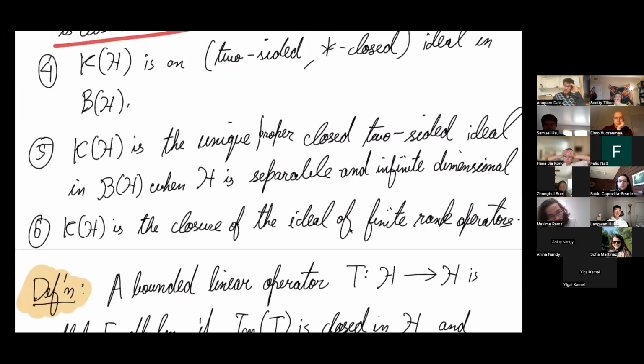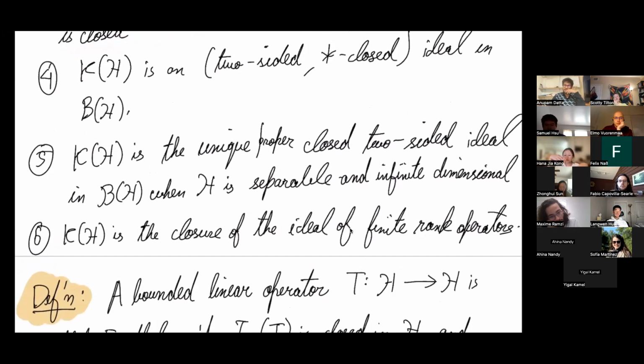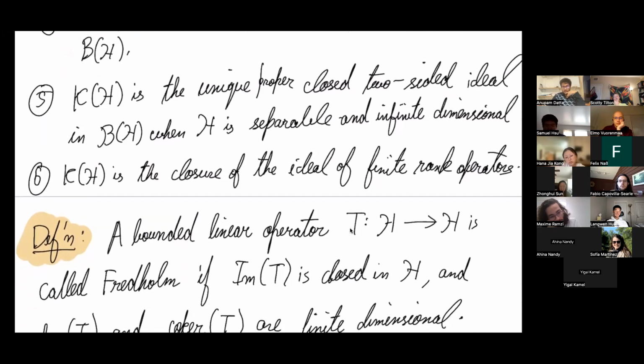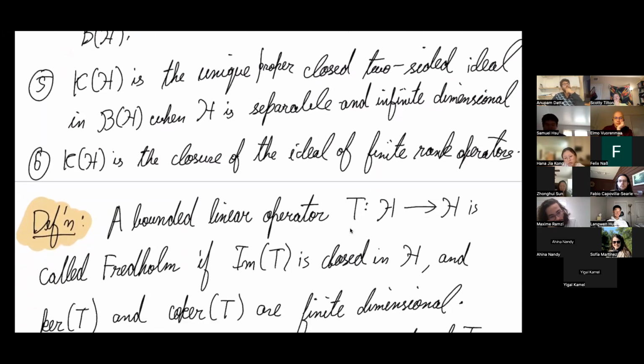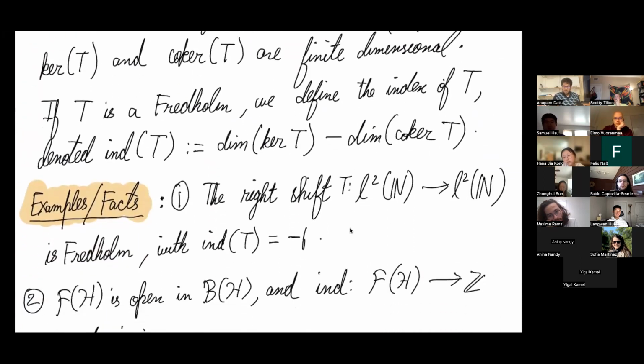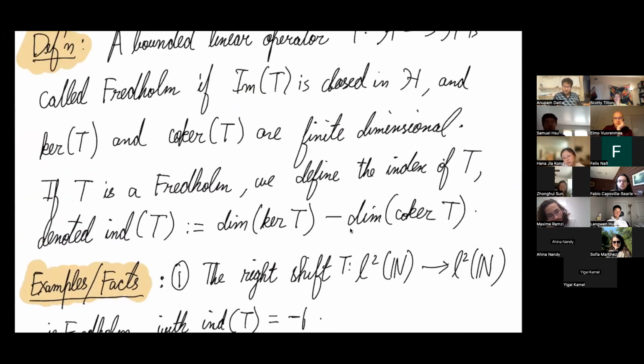Okay, so this was all for compact operators. And now I want to discuss another nice class of operators which are called Fredholm, and these are the ones which will play a central role in our proof of Bott periodicity. So we will call an operator Fredholm if its image is closed in H, and both the kernel and the co-kernel